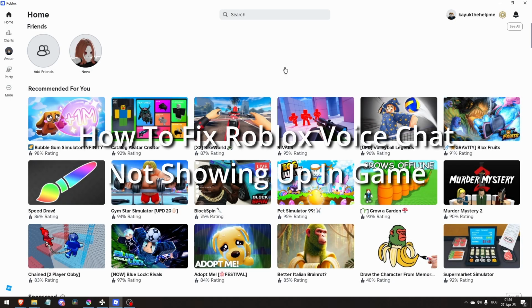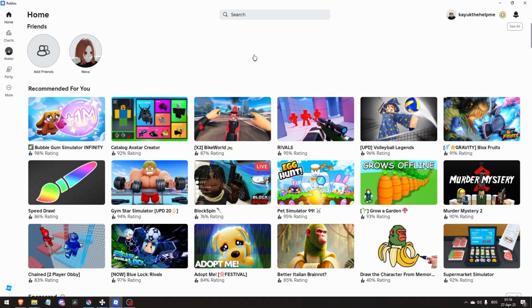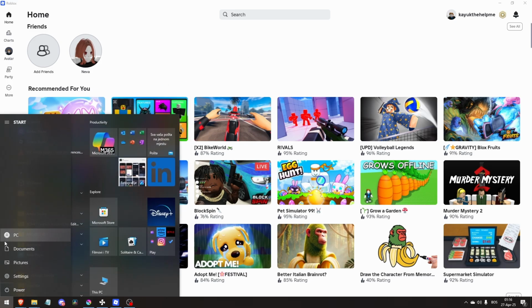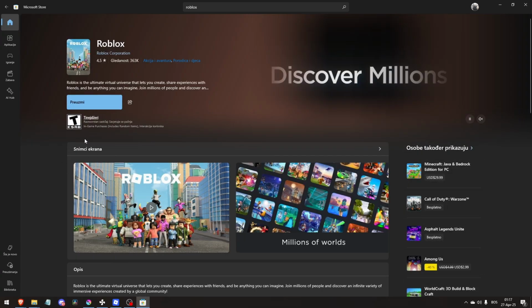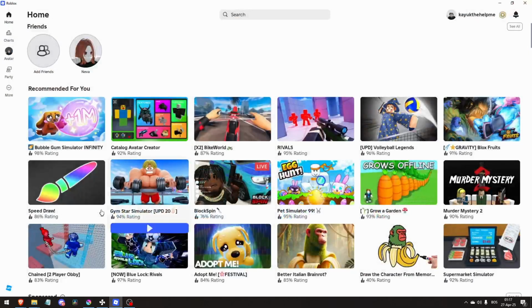How to fix Roblox voice chat not showing up in-game. The number one reason for this problem is that you downloaded Roblox using the Microsoft Store. So if you downloaded Roblox from this right here, you have to delete Roblox and then